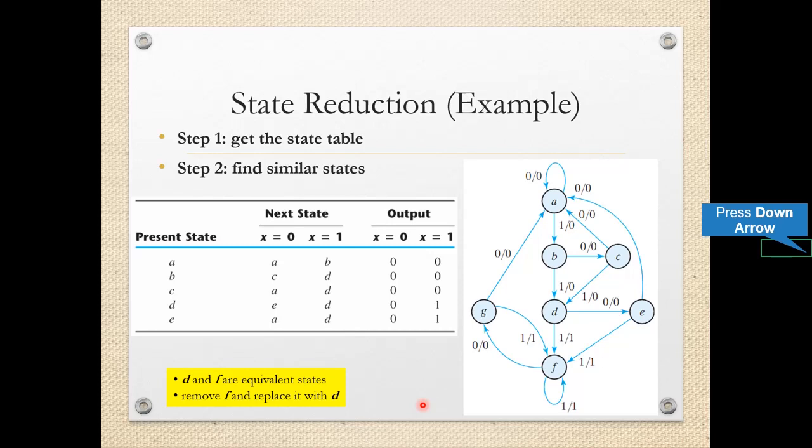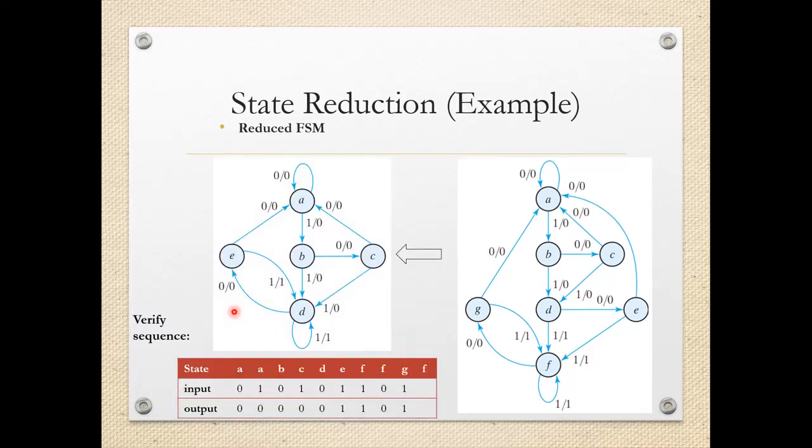Only the number of redundant states, the states which we removed, are called redundant states. Means even if those states are removed, the functionality of this state diagram will not change. So likewise, we have reduced the number of states from 7 to 5. This is called state reduction. And then you can see the reduced FSM, in which you can just observe that this G is removed, F is also removed, and now we only have A, B, C, D, E.